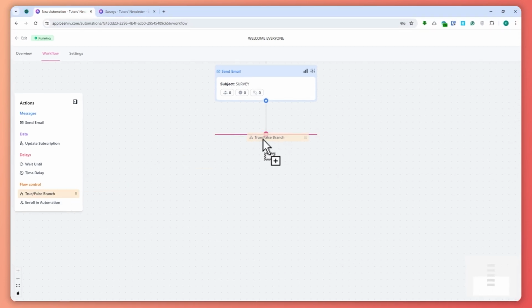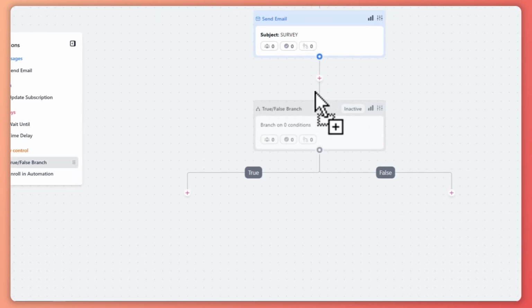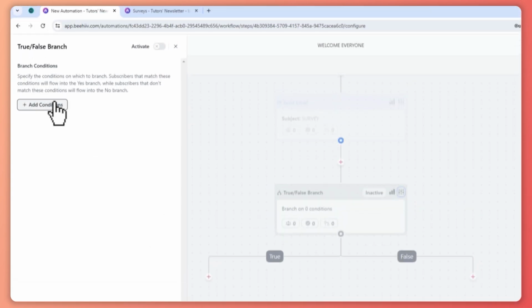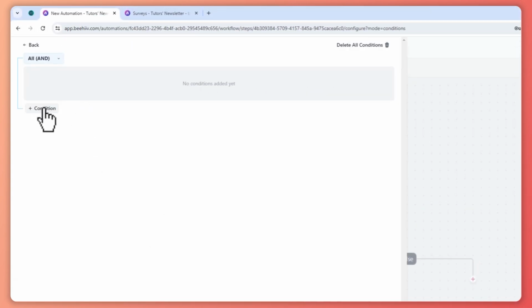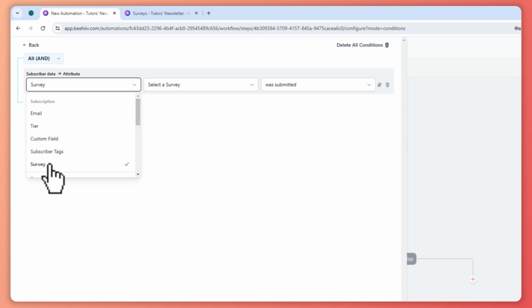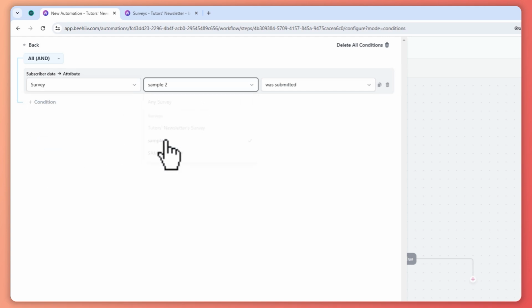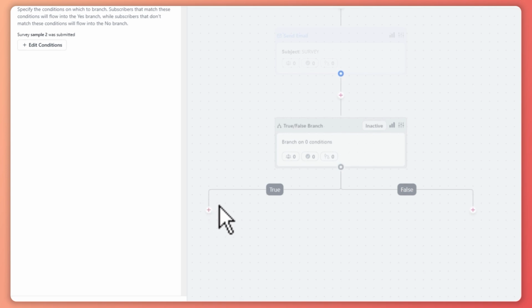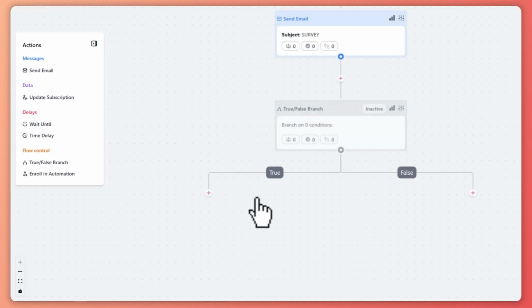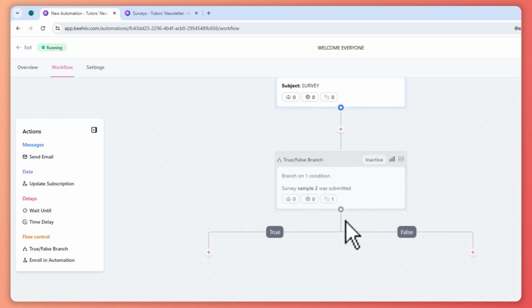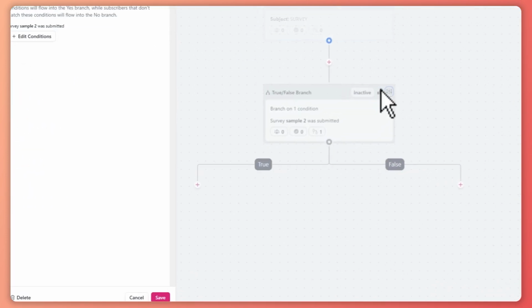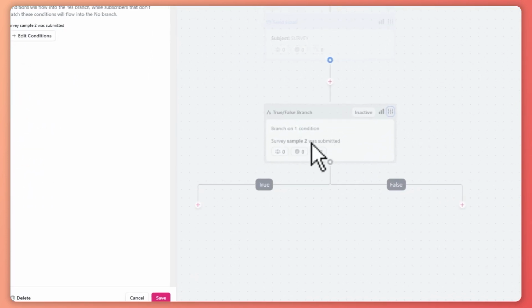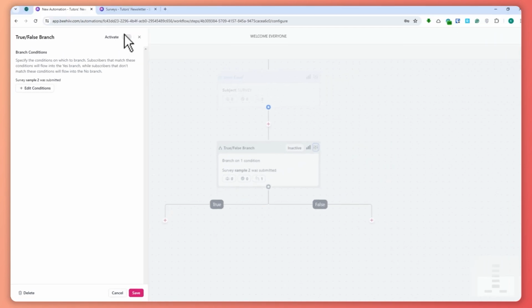So the next thing is we're gonna add a true or false branch. And from here, we're gonna go configure the step and add conditions. And what we want is click here on add condition and go for survey. And we're gonna select the survey that we have created and click on was submitted. So this would mean that if this survey was submitted, then it would fall under the category of true right here, which is right here. And click on save right here. So if it's true that the survey that we have created was submitted by the subscriber, then it would all fall under here. So let's just activate this